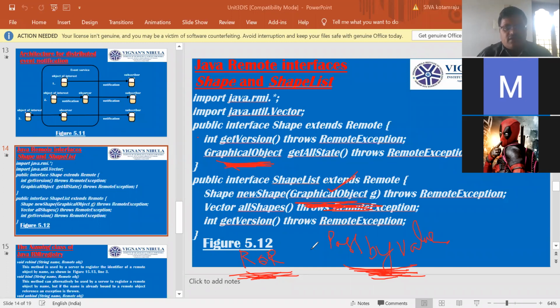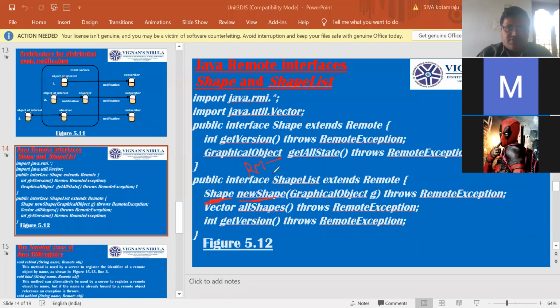For example, for Shape, newShape is the result. The return value of newShape is a remote interface.